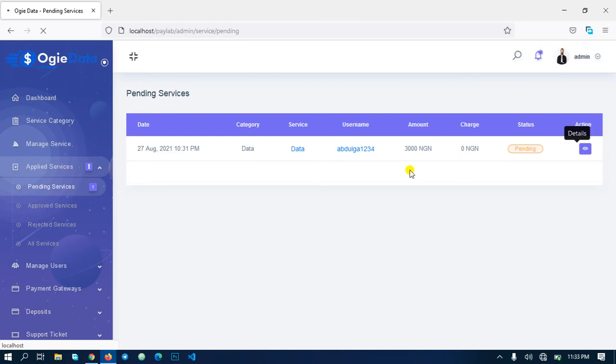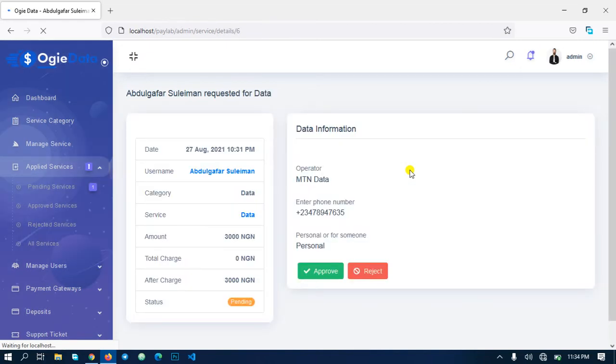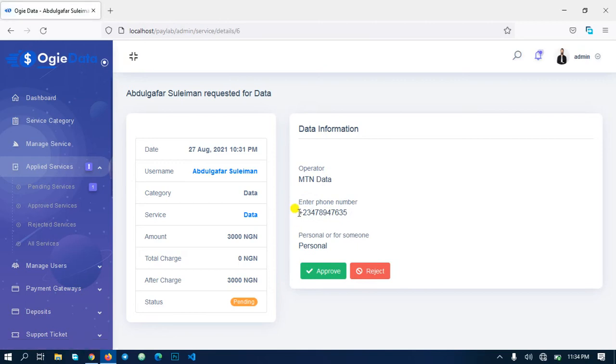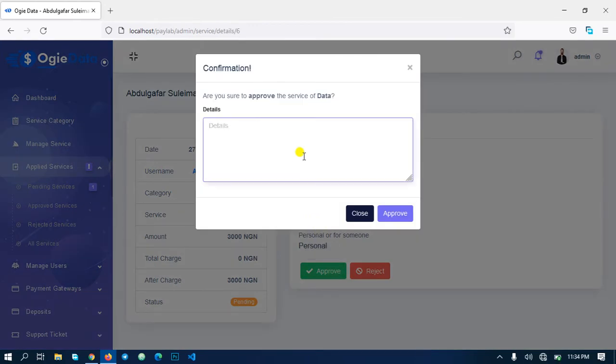So I'm assuming what the owner of the site will do is usually just send the required data to this number. After sending data to this number, you approve it, then you include your text. For example, 2000, just approve it with "2000 MB data was successfully